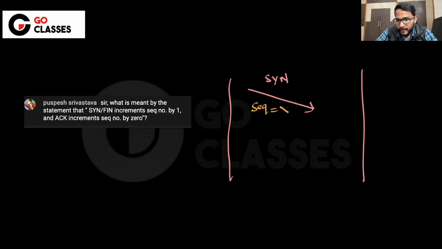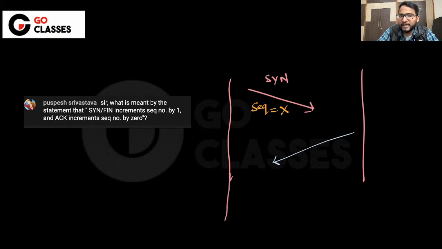Whenever you are sending some request, this is the first packet, which is SYN. Now since it has some sequence number, let's suppose the sequence number is X, right? Now this packet will consume, okay, increment means consume. So this packet will consume one sequence number,